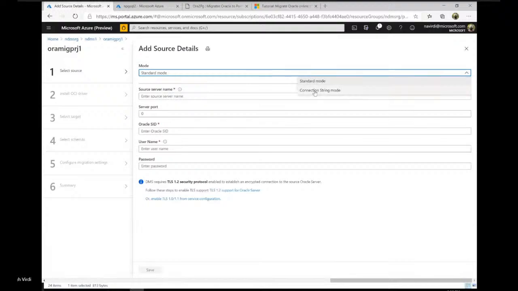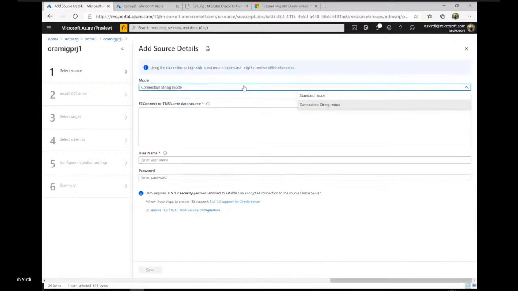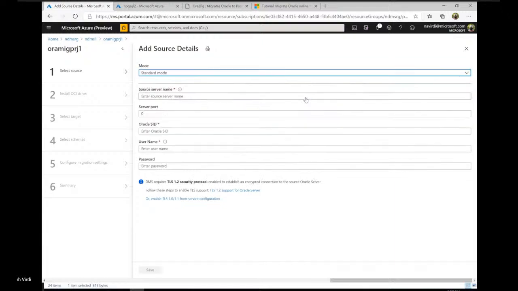Now, by the time my table and all that is being migrated, let's see if we can also do this through the portal. Now there is a couple of things, right? Again, as I said, if you are leveraging the standard mode naming convention, easy connect naming convention, you can use standard mode. You just provide your source IP, provided the connectivity is there, or else use the connection string mode.